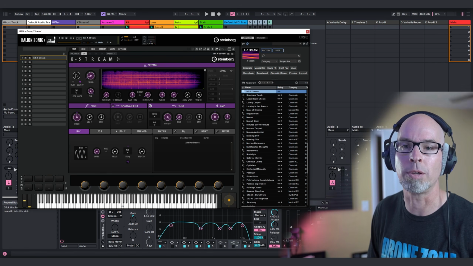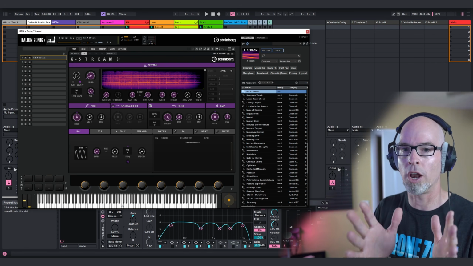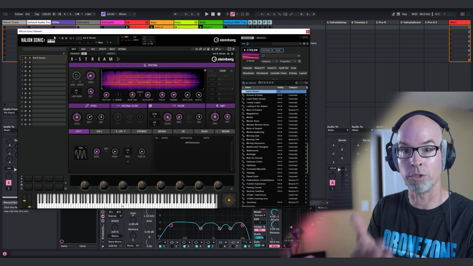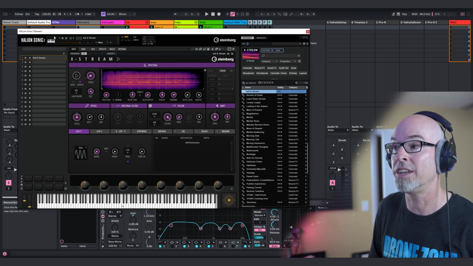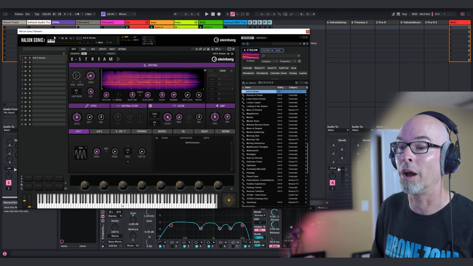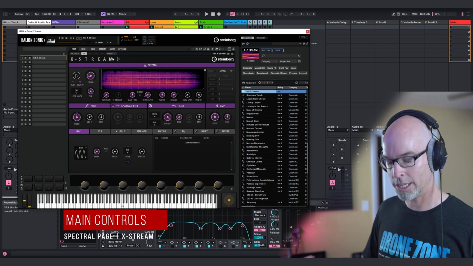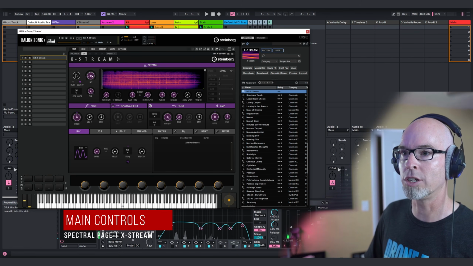Now let's design something with Extreme. Extreme is monophonic, meaning one key, one note. However, there's other features in here like multi-timbrality inside of Halion Sonic 7. There's stack mode. There's other ways you can get around that, which makes Extreme very powerful. So the first thing we're going to do is we're going to adjust the speed here. So we have speed controls right here,